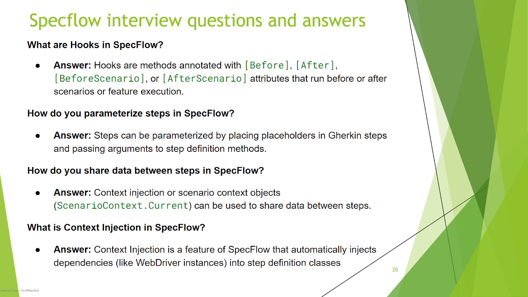Now, before we go to the hooks, what is a Gherkin? Gherkin is a business readable domain specific language for describing software behaviors in a structured manner using keywords like given, when, then, and but. And normally we need to create a feature file in Specflow. So it will be a dot feature extension, and that will contain scenarios written in Gherkin. Okay. Now